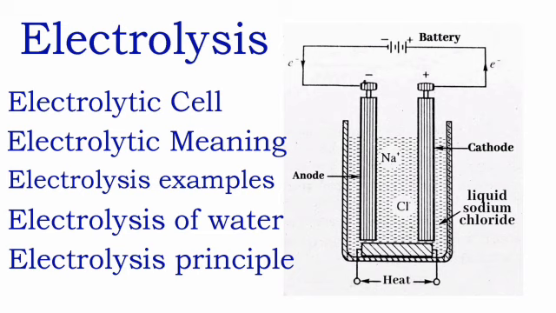Now the positive ions will go to the negative electrode, which is the cathode, and they are reduced, and the negative ions go to the positive electrode, the anode, and they are oxidized. That process of splitting into those two types of ions